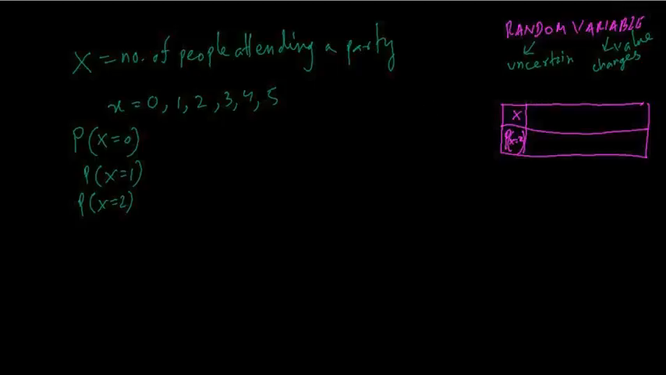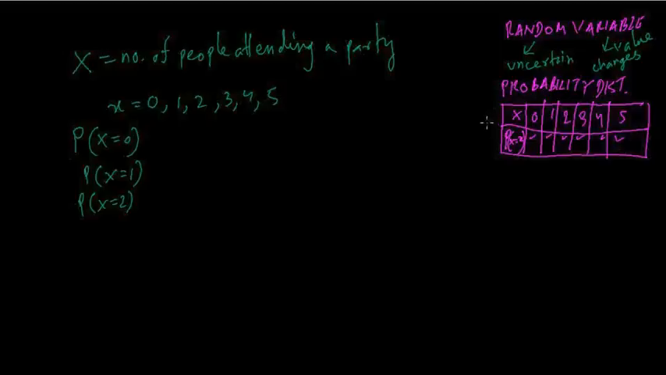So we have the value. Suppose 0, 1, 2, 3, 4, 5, and every single probability of every value we put down here, and we can get a probability distribution table. So this is a probability